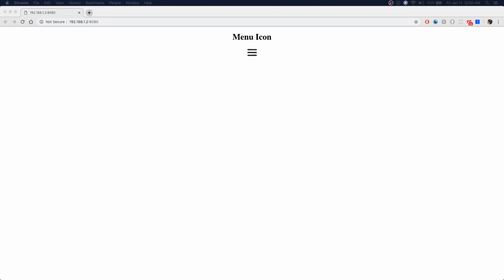Today we are going to be building a basic menu icon. As you can see right here on my screen, I don't have my mouse pointer, but I'm going to hover over it and then click on it. And when I click on the menu icon, it is going to transition into a different design, more like an X, or if you want to go back to normal, to a little menu